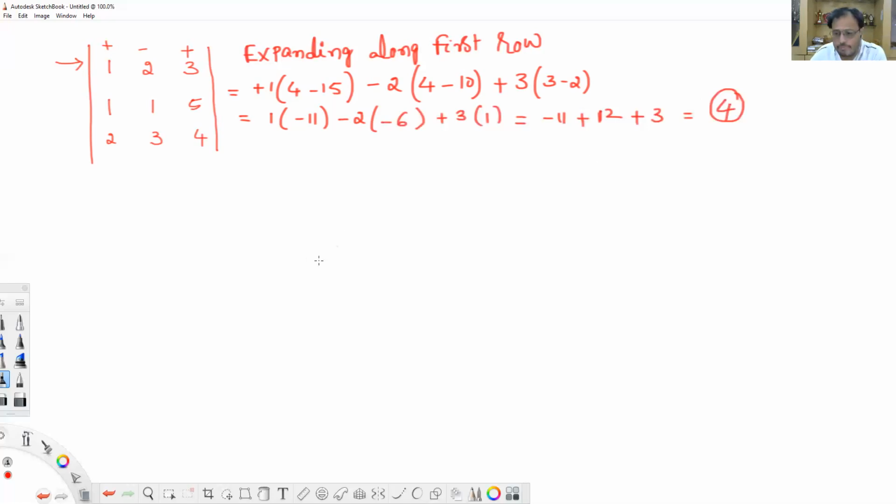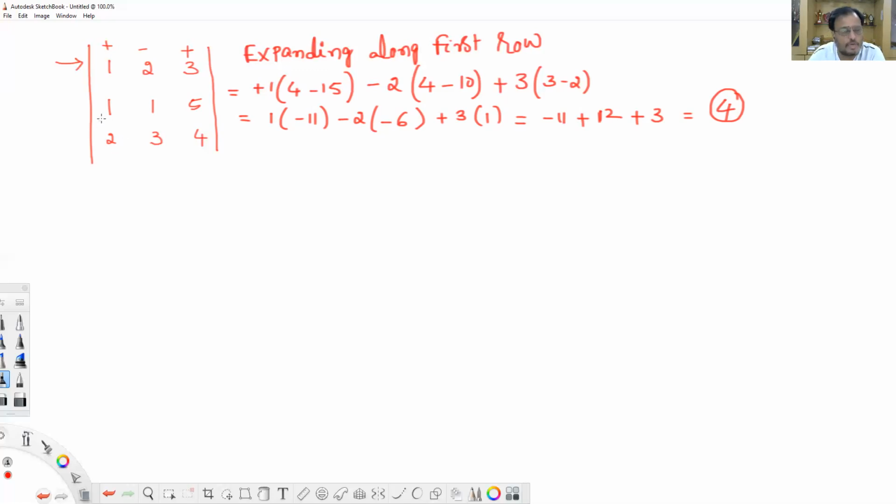Now here, in this example I am just working on rows. Similarly, you can work on columns also; there will not be any change. In my entire lecture, any operation I'm doing on rows can also be done on columns. This is the property: you are free to apply any mathematical operations on the elements of the determinant.